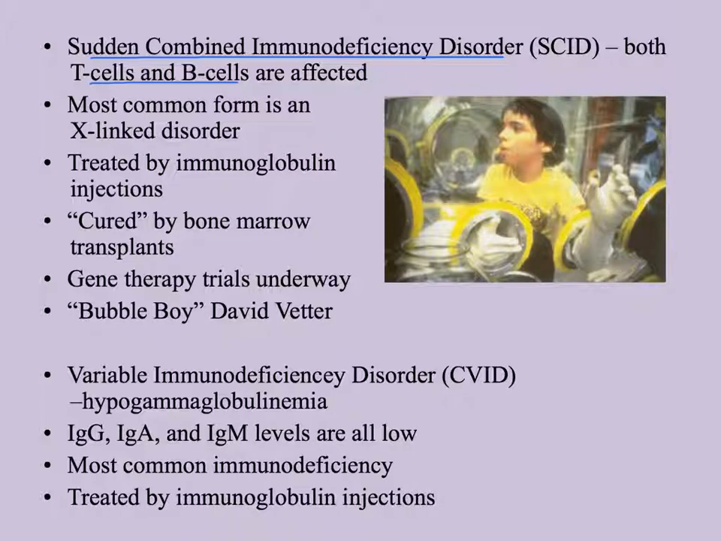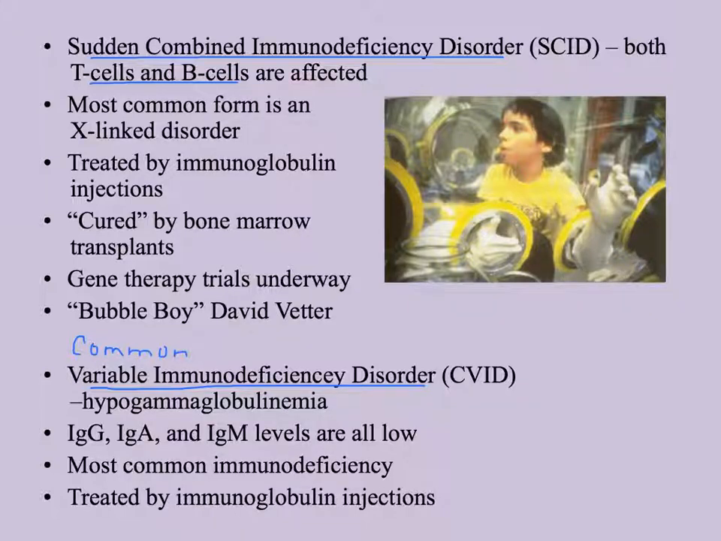A more common immunodeficiency, and one that is not quite so disastrous so far as a person's survival, is what is known as variable immunodeficiency disorder. Somehow I lost a word in here. It's supposed to be common. I didn't notice that. Common variable immunodeficiency disorder, CVID, and this is a case of